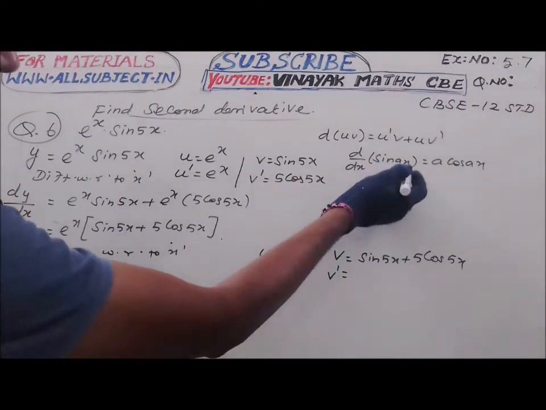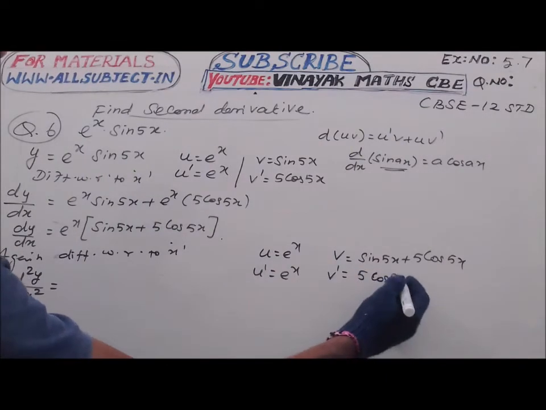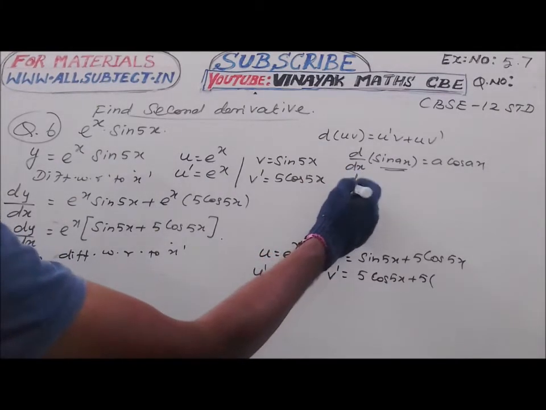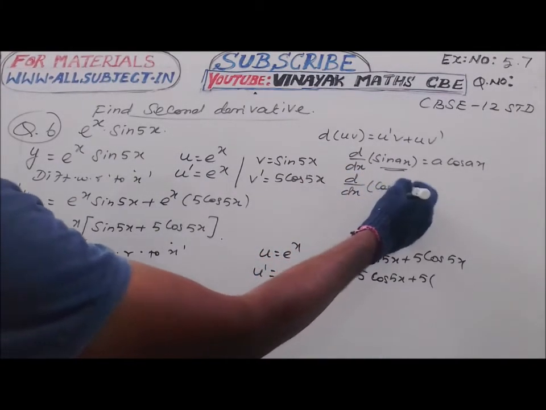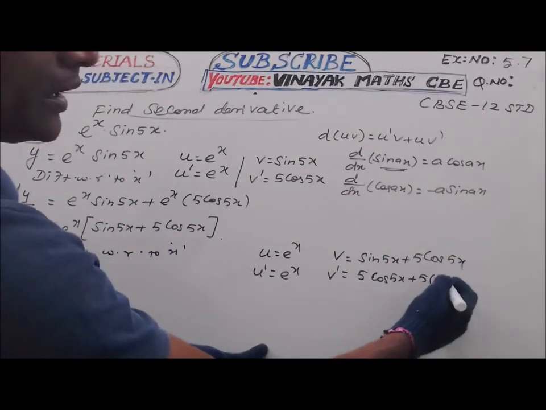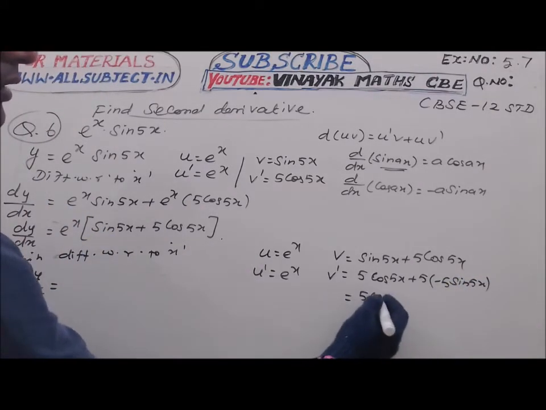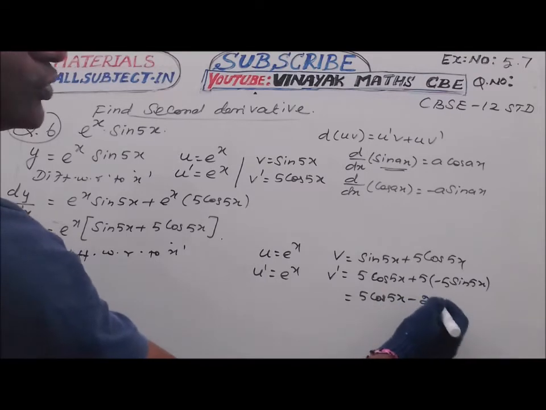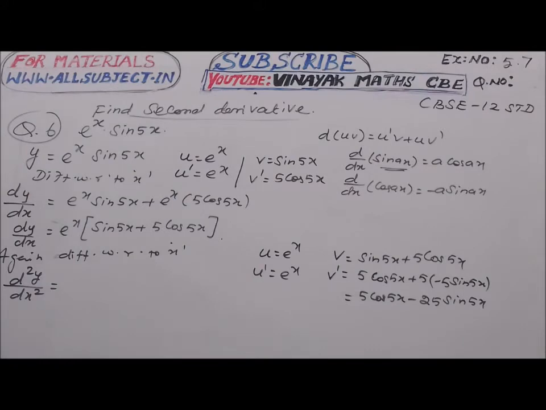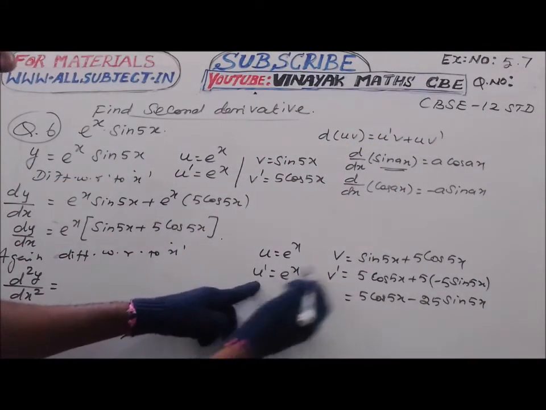d by dx of sin ax is a cos ax. This means 5 cos 5x, and then plus 5 into derivative of cos ax, that is equal to minus a sin ax. By use of it, minus 5 sin 5x, so 5 cos 5x minus 25 sin 5x is the derivative of v. Now substituting in the above formula, u dash v plus uv dash, u dash into v,